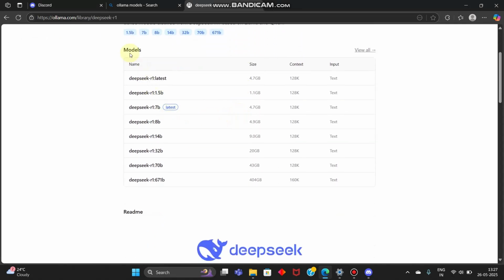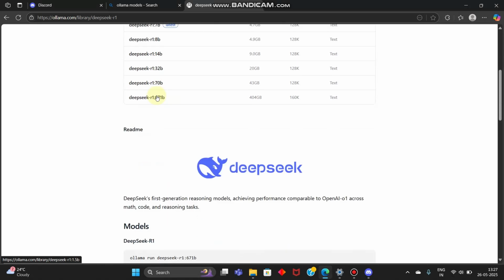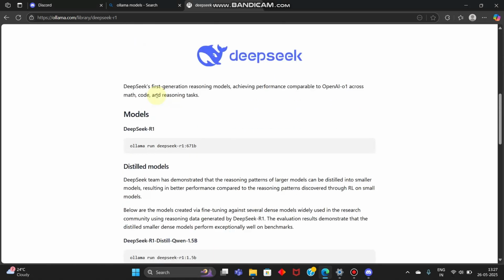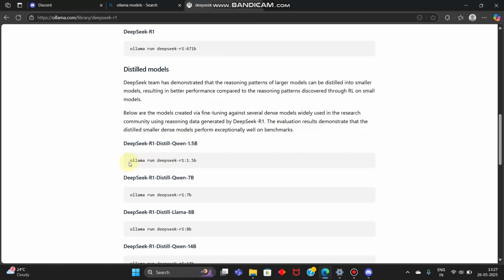In DeepSeek R1, there are so many versions. This is the latest one. I'll try to download a smaller version of DeepSeek R1, which is 1.5 billion parameters. To download the 1.5 billion parameters version, we have to copy this command,